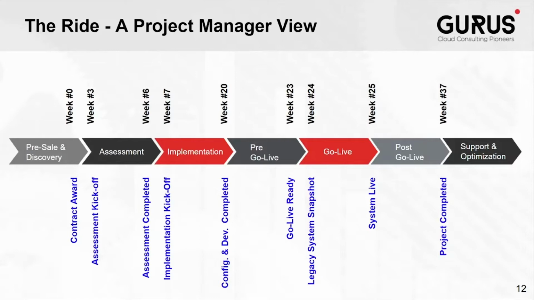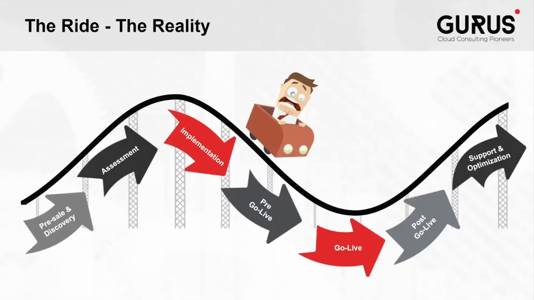However, it's important to consider that throughout the phases, there will be plenty of ups and downs for your organization as you go through the digital transformation process and adapt to both the technology and the improved processes that were outlined in the assessment phase with your project team. The reality of the workload and emotions that may be felt as your organization goes through these changes can vary greatly from project to project. And as such, we can view this more as a roller coaster of emotions, expectations, and workloads.